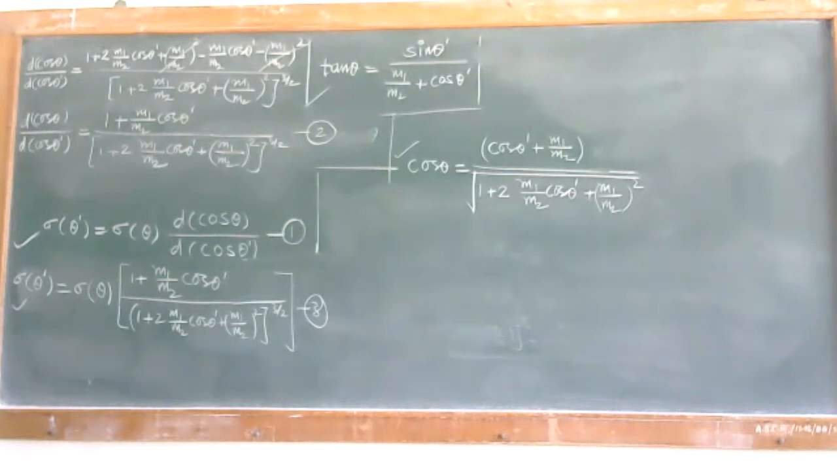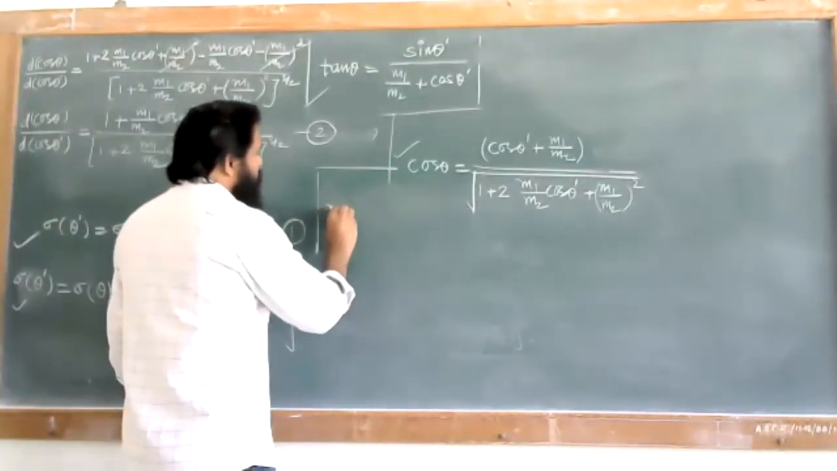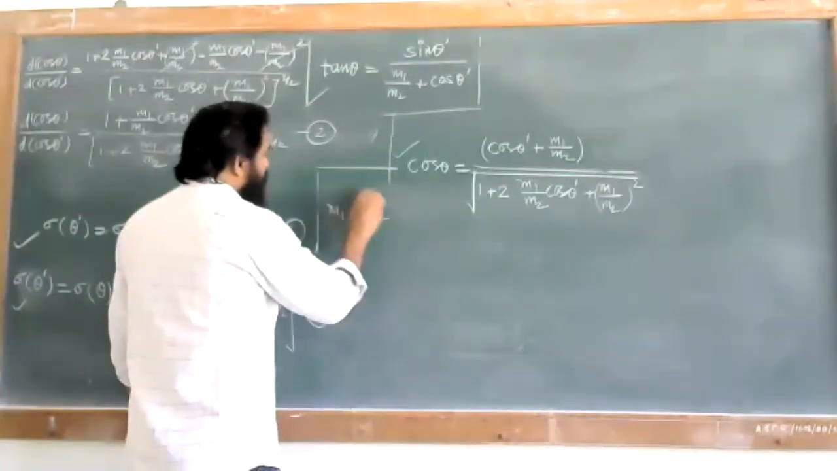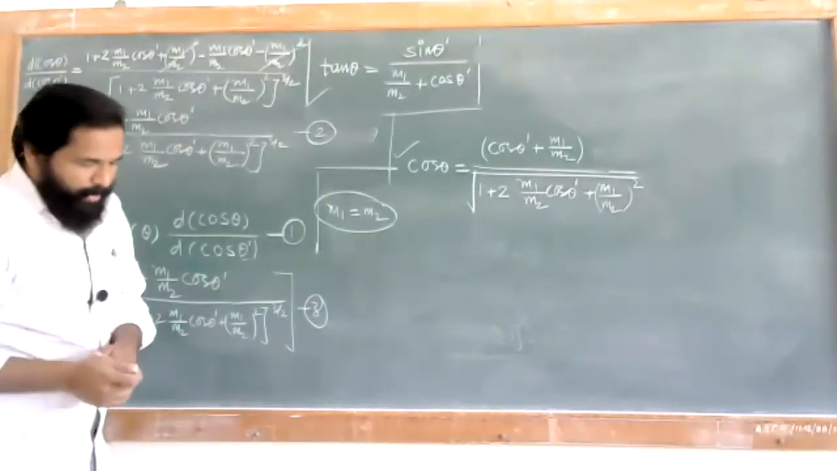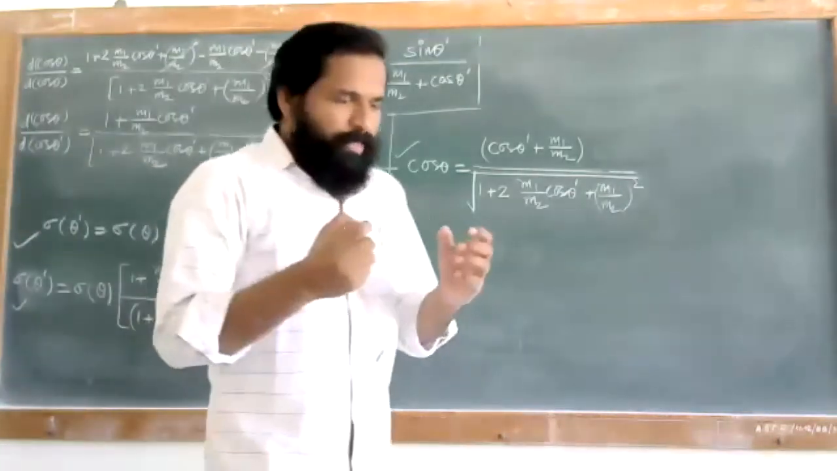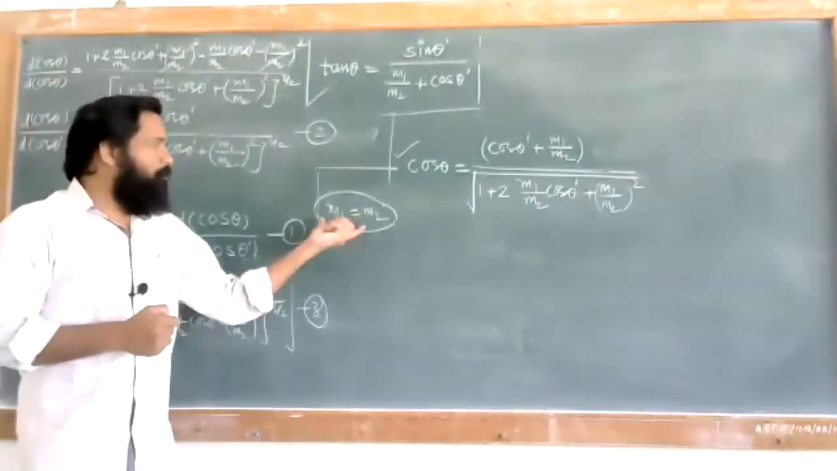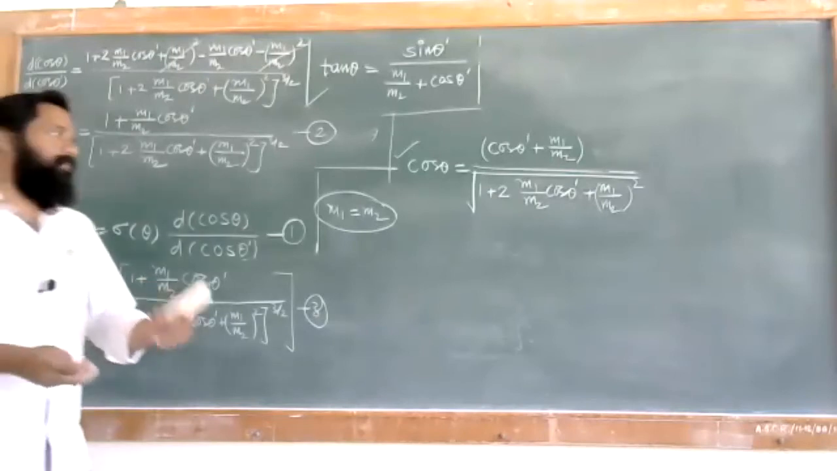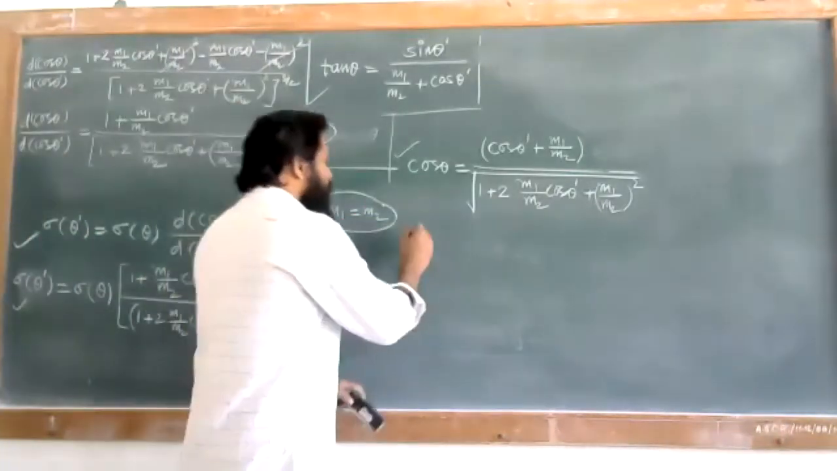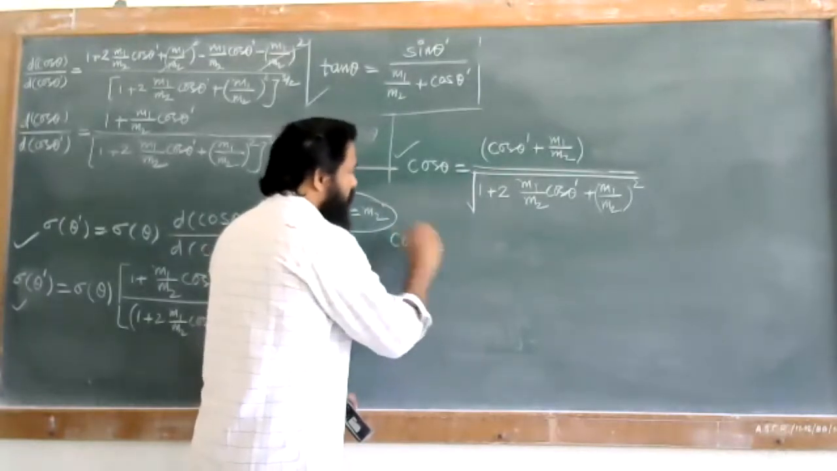The cases are very simple. The first case is that if m1 is equal to m2, this m1 must be equal to m2. So we are looking at the scattering of the particle. The case is that the incident particle and the target particle are the same. So m1 is equal to m2, which means the particles are called identical particles, or identical particle scattering. And for that purpose, we can have the first thing, that is this cos of theta,